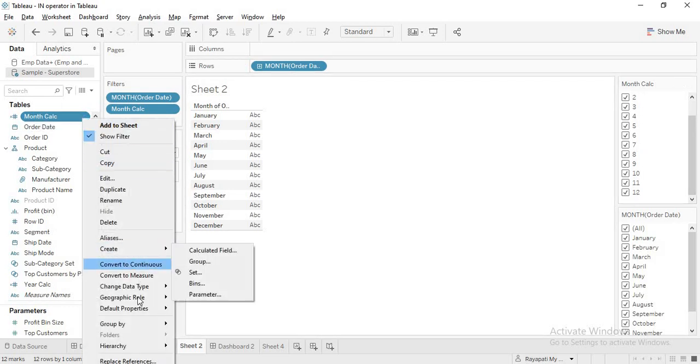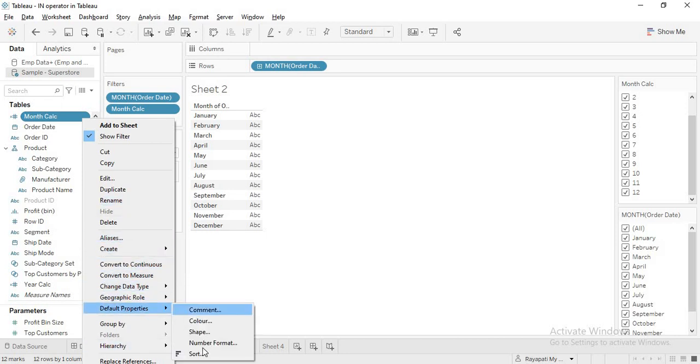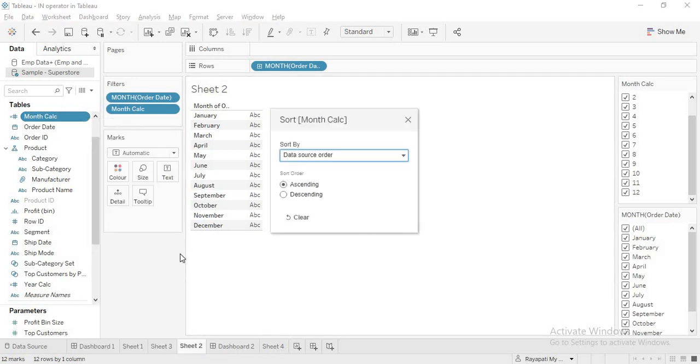Now if I want to sort this, just a moment, default properties. Yeah, I want to sort this. Even if I say descending, it will be from 12 to 1 here, and if I say ascending, it is 1 to 12. Even if I go into alphabetical, this will not change because these are numbers. Like how are we getting 1, 0, 1, 1, 1, 0?